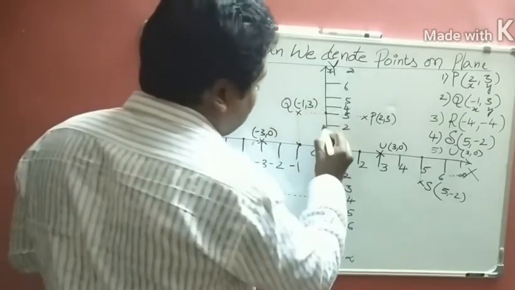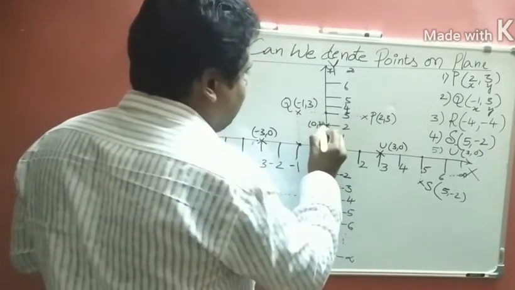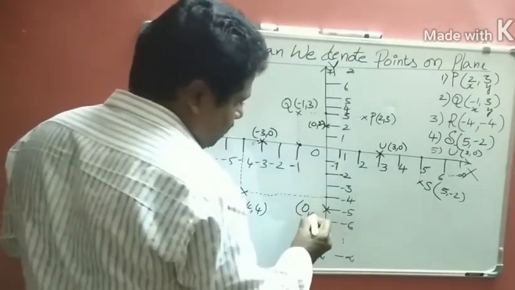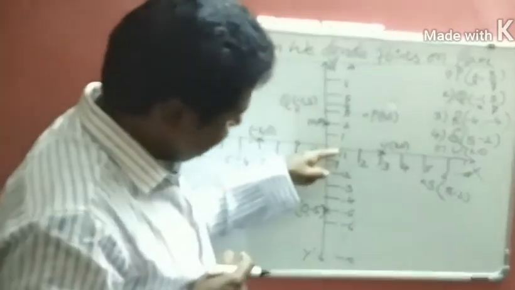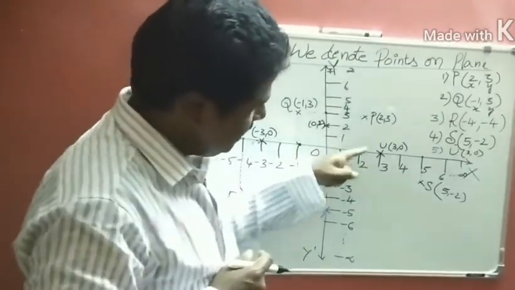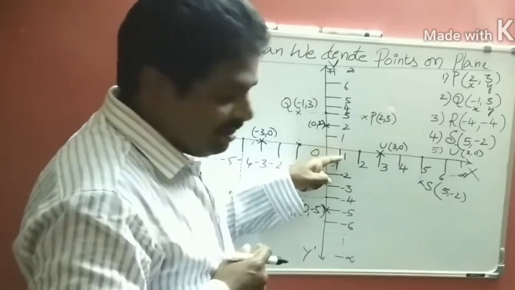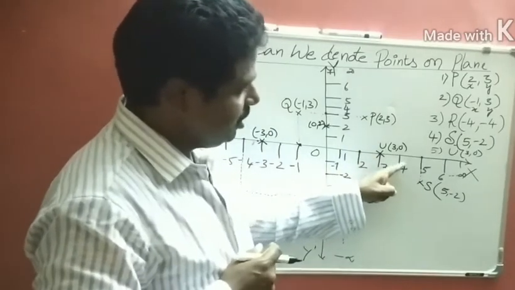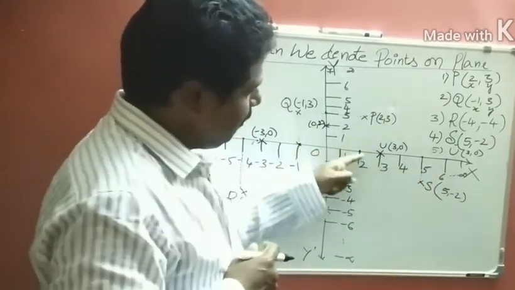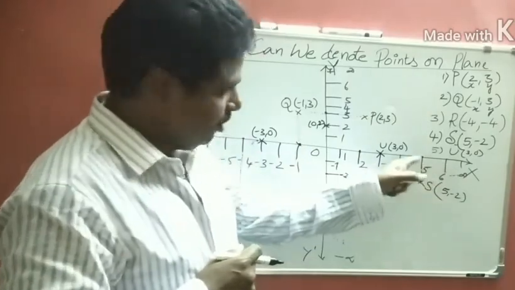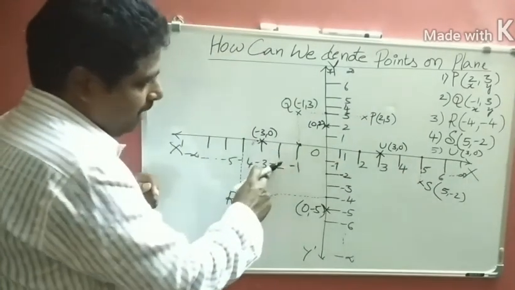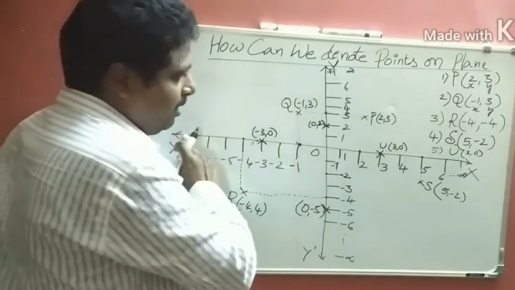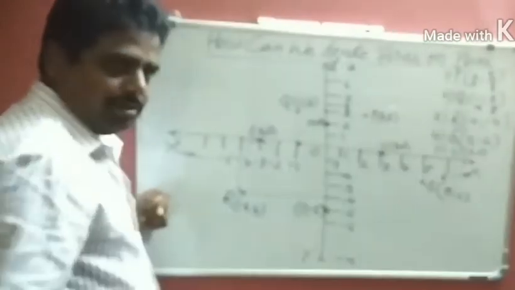Similarly, let us take 0 comma 2. Why? Because on the y-axis, x is 0. Let us take this one as 0 comma minus 5. Like this. This one is 1, represented on the x-axis. In numeric it is 1. In point form it is 1 comma 0, 2 comma 0, 3 comma 0, 4 comma 0, 5 comma 0, 6 comma 0. Wherever the point you take on the x-axis, its y coordinate is 0. Coming to the left side, minus 1 comma 0, minus 2 comma 0, minus 3 comma 0, minus 4 comma 0. Wherever you take any point on the entire x-axis, its y coordinate is 0.